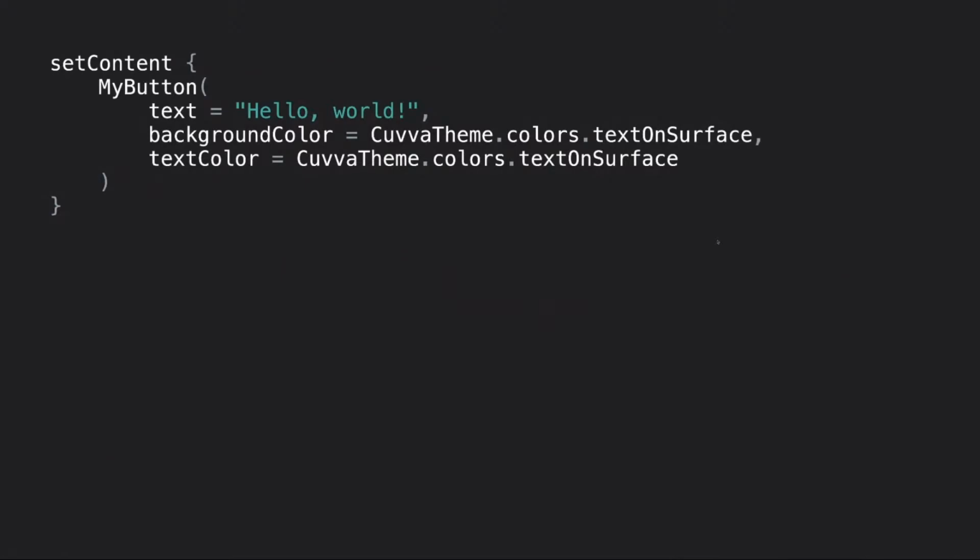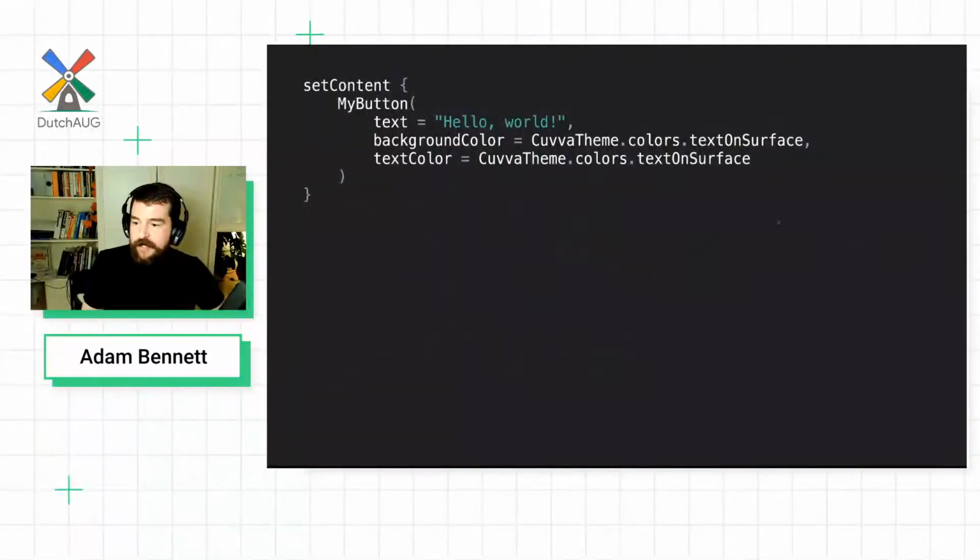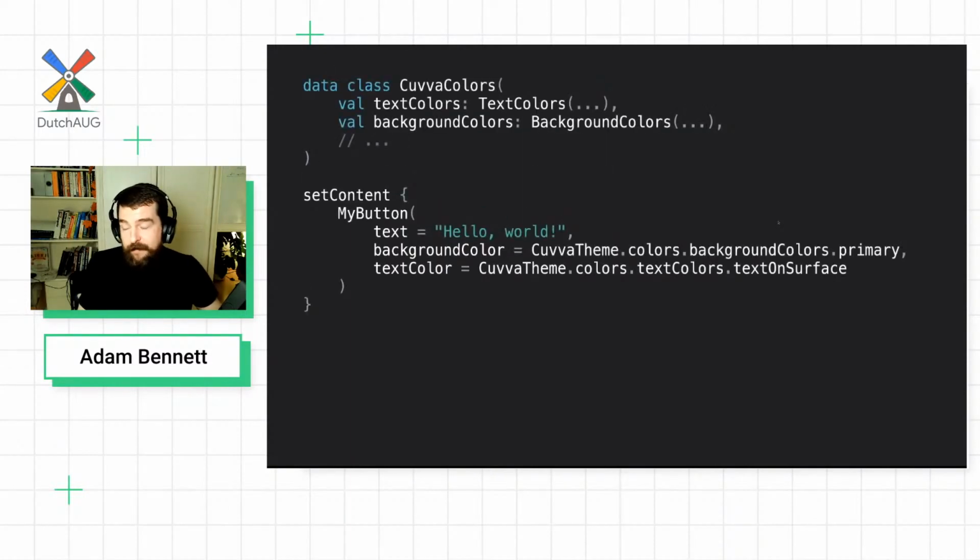Stuff like this is really silly, and it depends basically on how permissive you want your APIs to be, but I would probably recommend making it so that it's harder to misuse your design system. And you've got a couple of options. You could do clever scoping if you wanted to. You could use nested colors within your design system, but we decided against it. It would probably get out of hand quite rapidly.